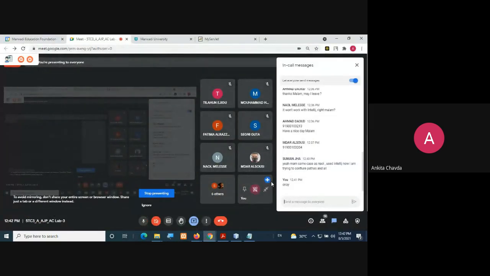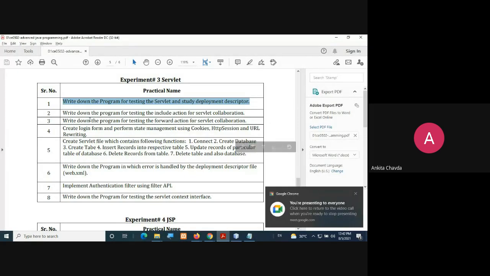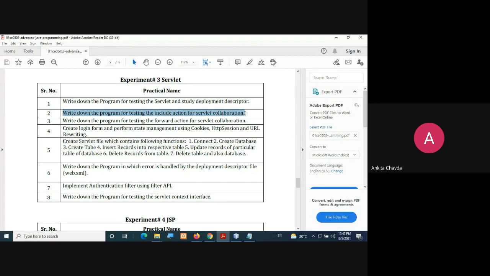You will do the further programs in your very next lab. Write a program for testing to include the action for servlet collaboration, as well as for forward action, because you want to forward this particular client to another page.